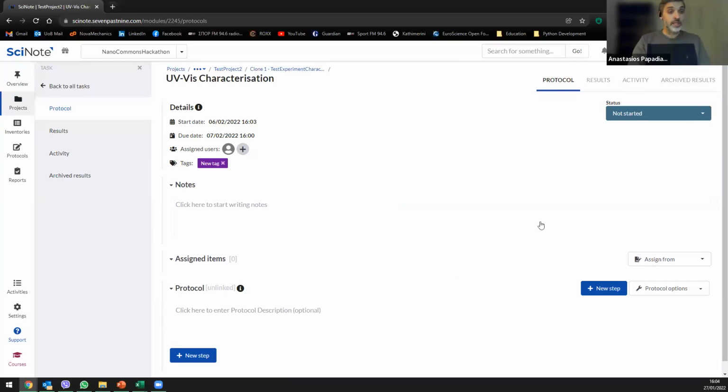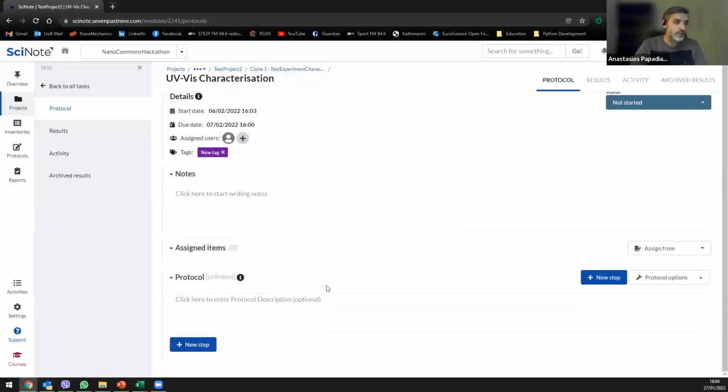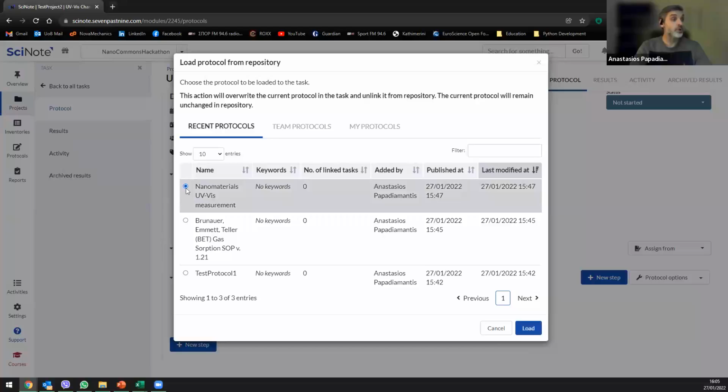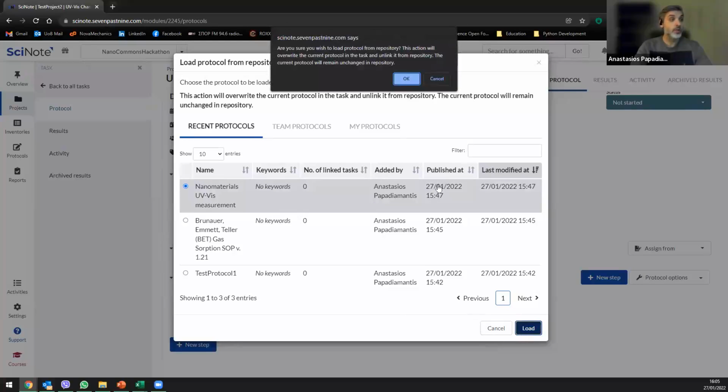And what we do here, of course, if you want, you can start typing your protocol. Not ideal, but if you go into the protocol options, you have different things. You can import a protocol, you can export a protocol, and you can load from the repository. If we click load from the repository, it will provide us all the protocols within the repository. We can filter with specific keywords, as was asked previously, so we can find what we want in a very big repository. We pick the protocol we want to add and we load it